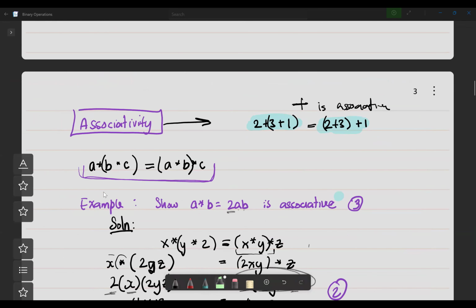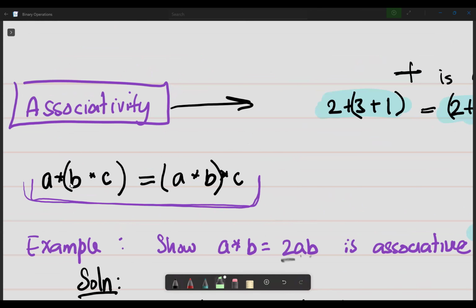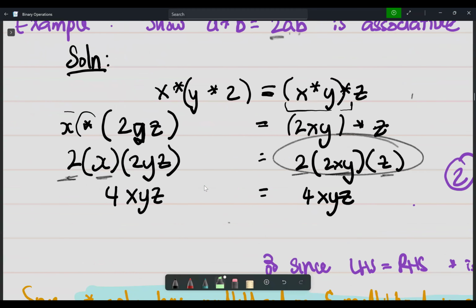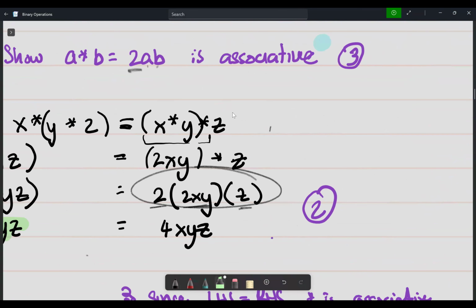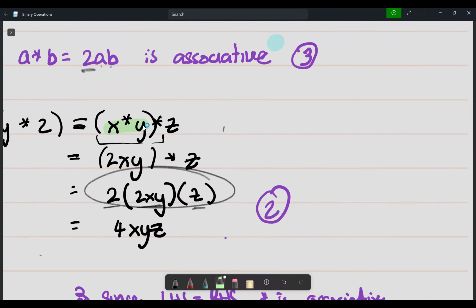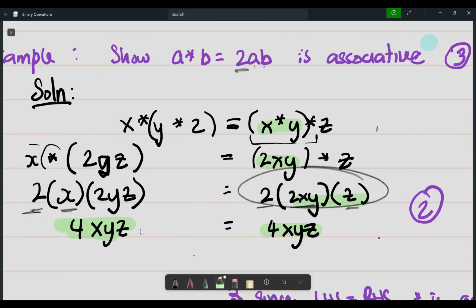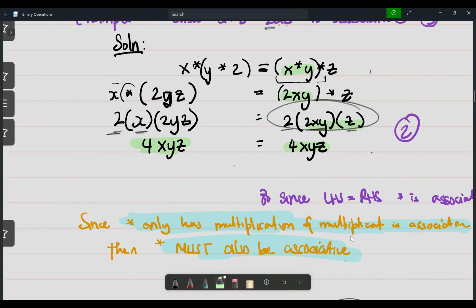A similar process can be worked with associative. Associative is when you have the brackets around it and you realize that I could do the other set of numbers first instead of the first bracket. So this bracket could be worked first, or I could work this part of the equation first. On the left-hand side I have x star y star z, and I work the y star z first, and I have a final answer. I do the same thing for the right-hand side, but this time I work on the x star y first. When I work it out, I reach this part, and look at that: the left-hand side is equal to the right-hand side,